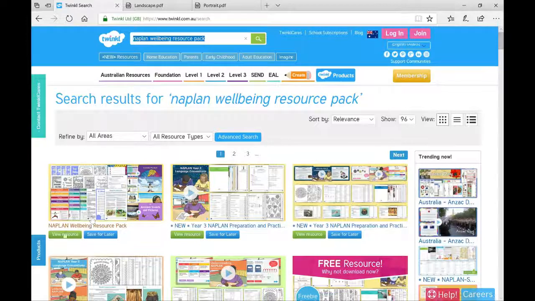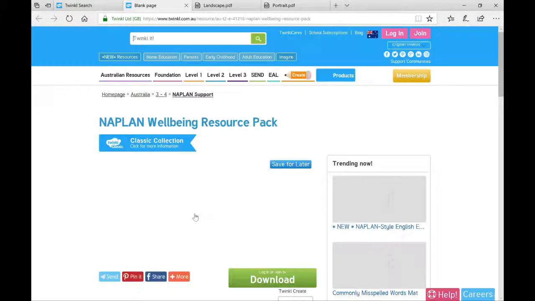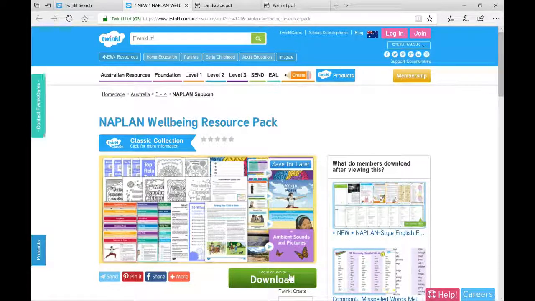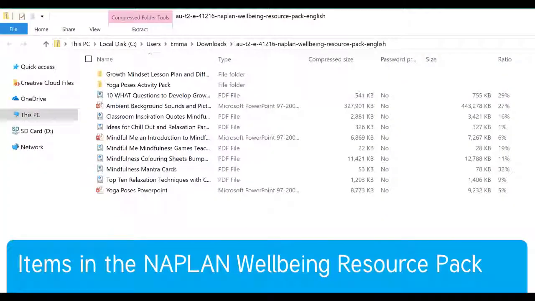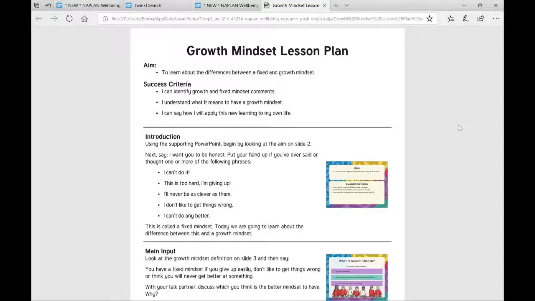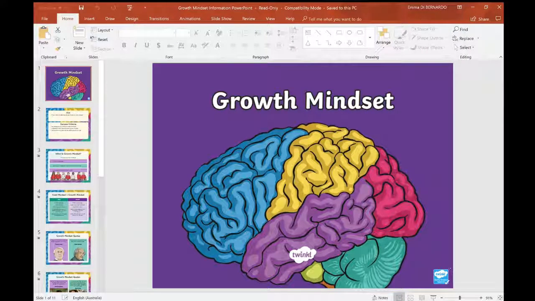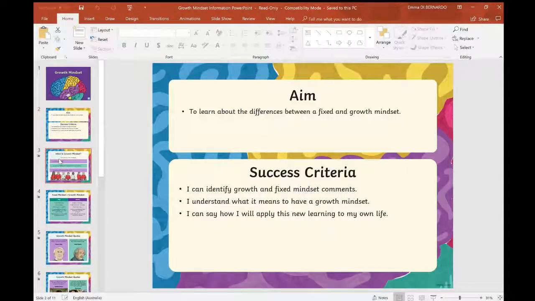So you'll see straight away it appears. We click View Resource and it opens in a new tab. And we begin to download. As you can see, we have many resources in the Twinkl Wellbeing Resource Pack. There's a growth mindset lesson plan that you can use alongside some of the growth mindset resources that we have in the pack, such as a PowerPoint explaining growth mindset, a key part of wellbeing for students,